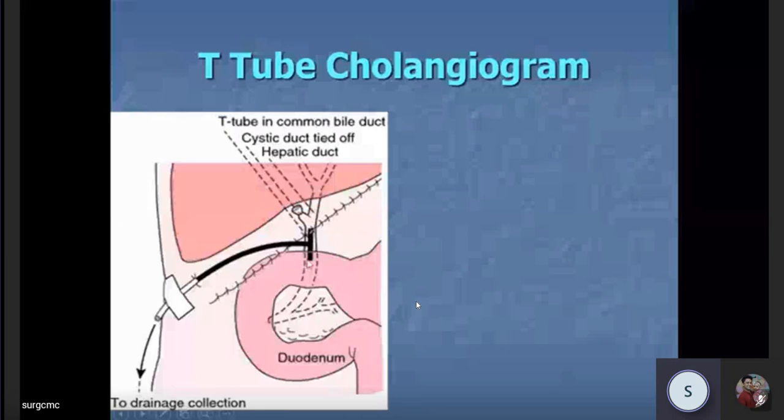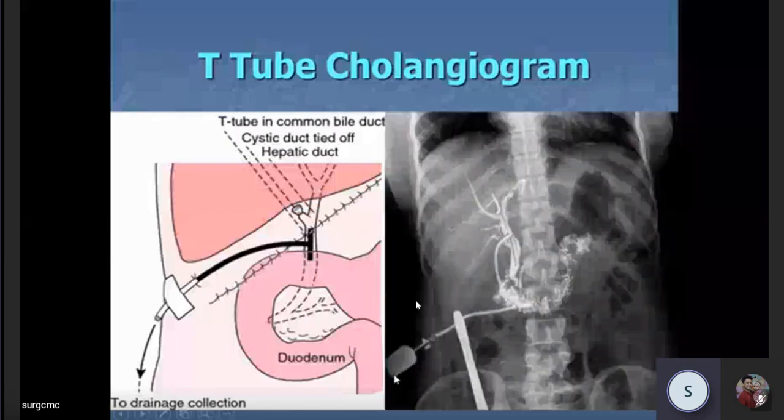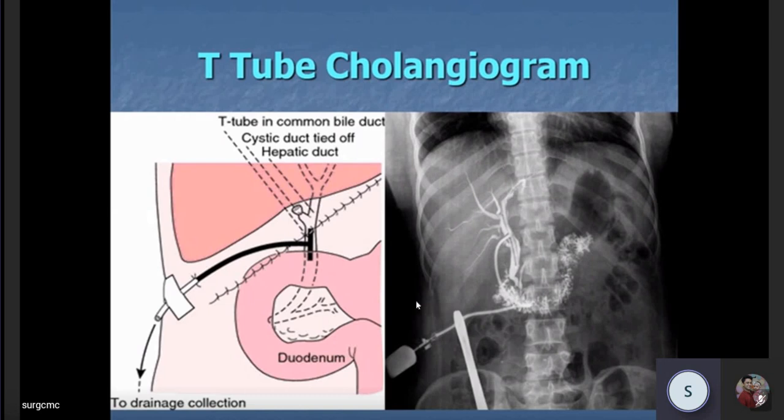One limb, another limb, third limb. Here it has actually folded up on itself. 1, 2, 3. Third limb going out. And this is the T tube, done to drain the bile from the repaired common bile duct so that no stress appears on the common bile duct or the newly stitched areas of the common bile duct.